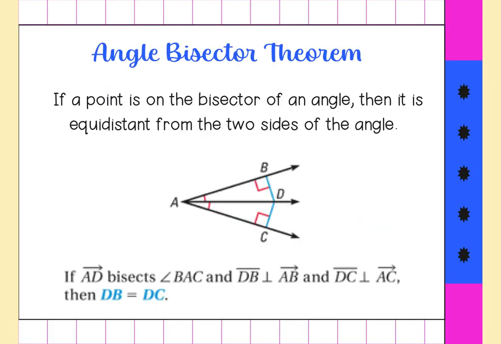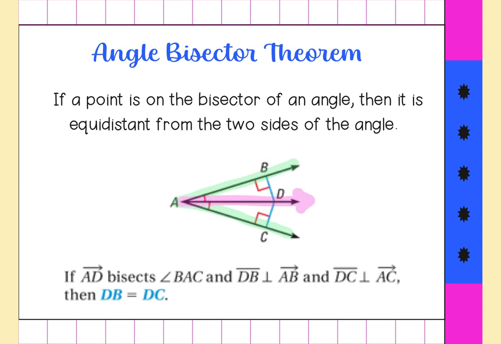Okay, the next theorem focuses on an angle bisector. So we know by definition an angle bisector is a ray, segment, or line that cuts an angle into two congruent parts. So the theorem says if a point is on the bisector of the angle, then it's equidistant from the two sides of the angle. So in this diagram, you've got your full angle and then AD, which is bisecting that